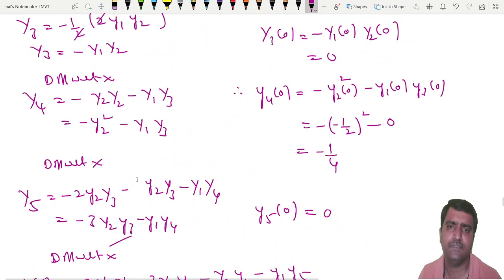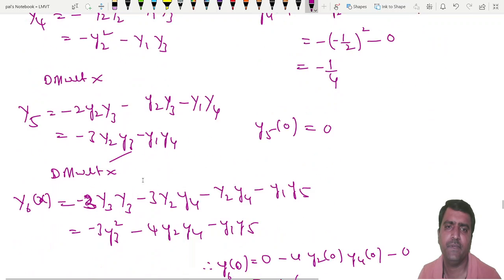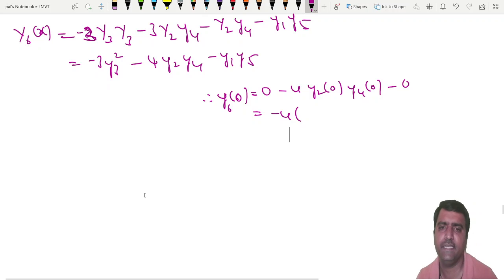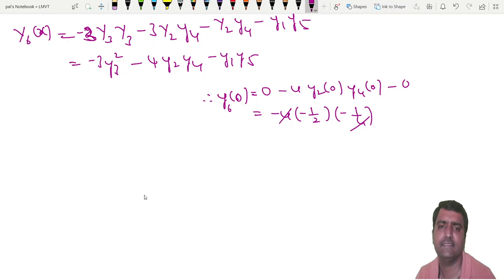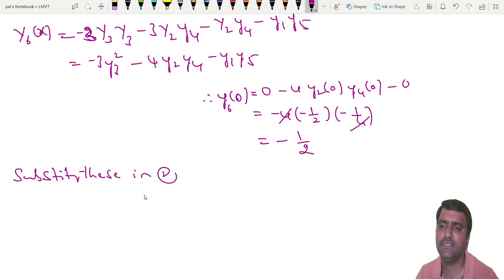Which is equal to minus 4 into y2 of 0 into y4 of 0. Substitute: y4 is minus 1 by 4, y2 is minus 1 by 2. So it is minus 4 into minus 1 by 2 into minus 1 by 4. 4 cancels. So minus of minus plus, into minus, minus. It is minus 1 by 2. y6 of 0 is minus 1 by 2. Using or substituting these values into the series,